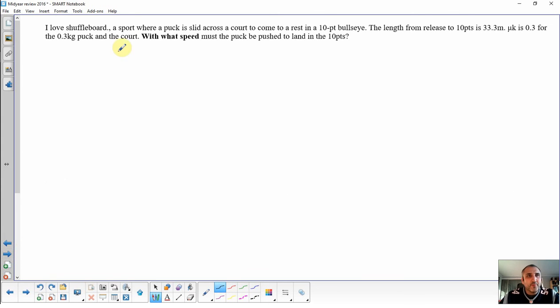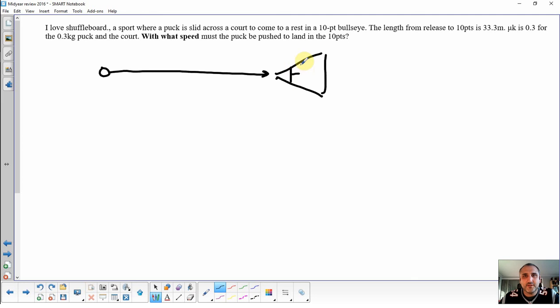I love shuffleboard or curling. You might see curling on the final, I don't know. Shuffleboard is a sport where a puck is slid across the court and come to a stop in a bullseye, basically. The length from the release point to that 10-point value is 33 1/3 meters. So basically you have like a little shuffleboard thingy, and you make it go 33 1/3 meters away, and then there's like a score thing, and it's sort of weird hopscotch. I don't even remember. 10 points, and it's like 9 points, and then 8 points, and then you lose 10 points if you go too far. Anyway,